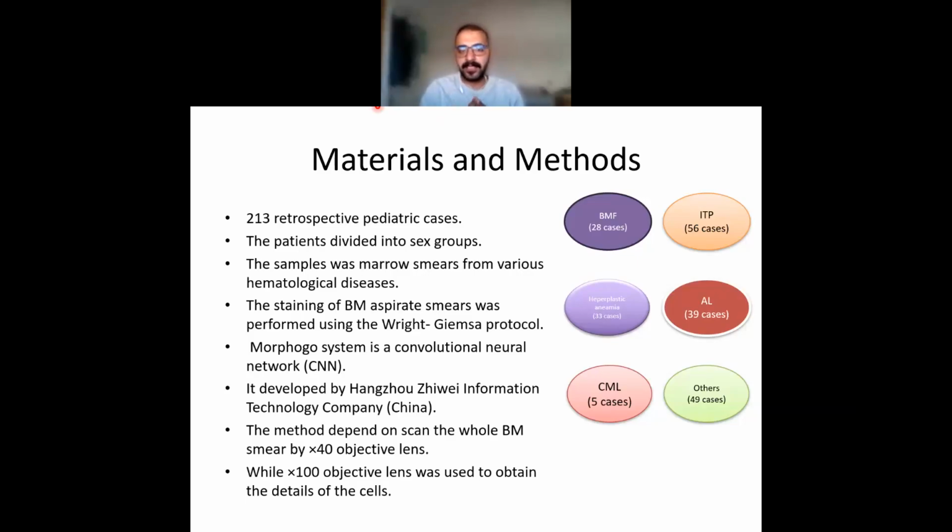The patients were divided into 6 groups: bone marrow failure, 28 cases; immunologic thrombocytopenic purpura, 56 cases; hyperplastic anemia, 33 cases; acute leukemia, 39 cases; chronic myeloid leukemia, 5 cases; and other diseases like thrombocytosis, like leukocytosis,